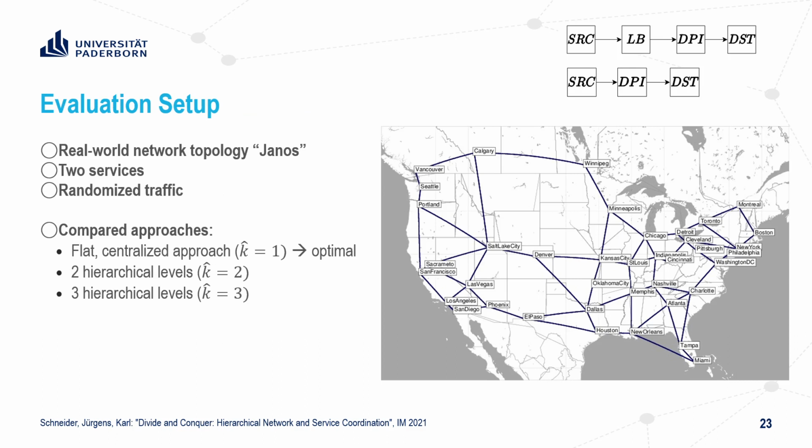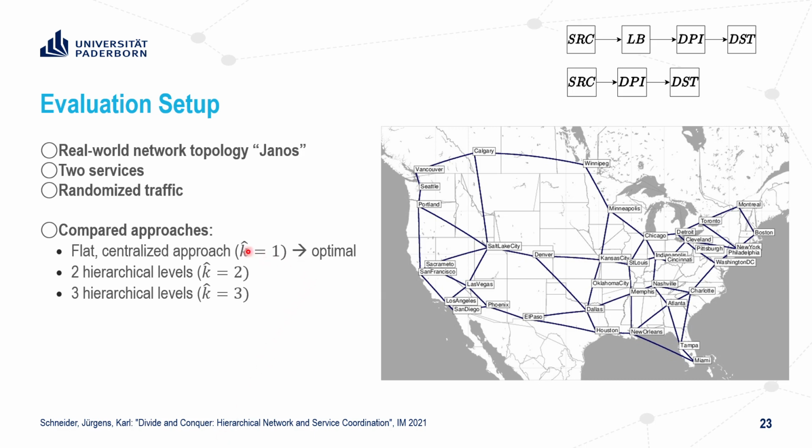So we implemented a prototype of this hierarchical approach and evaluated that on a real-world network called Janos from the SND-lib library with 39 nodes and 122 links. We looked at 2 different services and at randomized traffic arriving at different ingress nodes. And we compared 3 different approaches in our evaluation. First of all, a